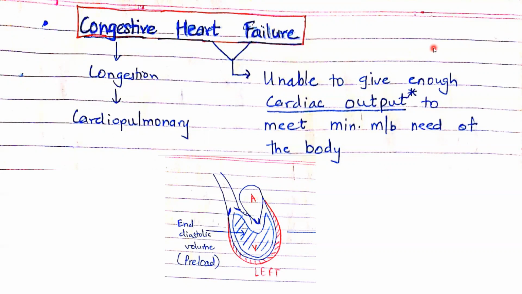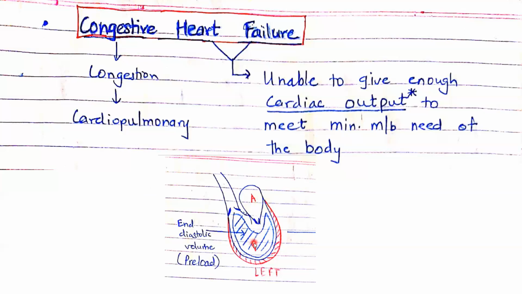What is the normal function of the heart? The normal function of the heart is to pump blood. So this is the left side of the heart. This is the atrium, this is the ventricle, and then these are the valves, and this is going into systemic circulation. Through the atrium, fluid, that is blood, comes. The ventricle gets filled at the end of the diastole, and as soon as the diastole ends, there is systole, that is the contraction phase. This red color is your myocardium, which is involved in contraction. So this myocardium during systole is going to pump this blood out.